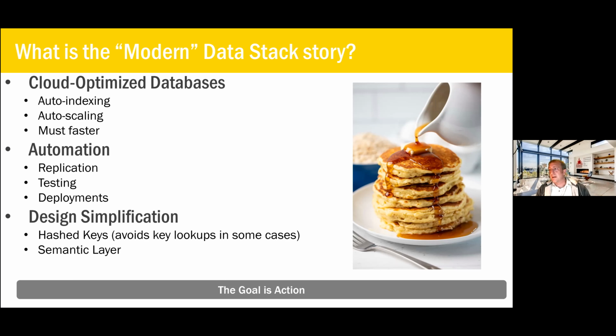Now, some of these cloud optimized databases might have limits to what they can do at scale, but you can actually use them as your semantic layer, right? So you have your data warehouse that is also your semantic layer, and you push your data analytics queries back as SQL, and they can process fast enough in a direct query mode that you don't need an additional layer. So, I've seen that work. I haven't seen it work at massive scale, but I also haven't seen it fail at massive scale. So I just haven't seen it.